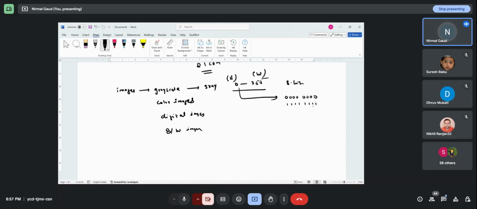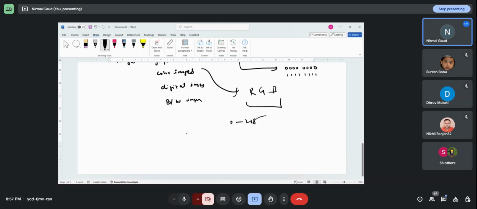We have color images also. Color means RGB, red, green, and blue. Their combination makes the colors. Again, they also range from 0 to 255 in each channel. Here the colors are represented as channels. We have three channels here. In grayscale, we have only one channel.